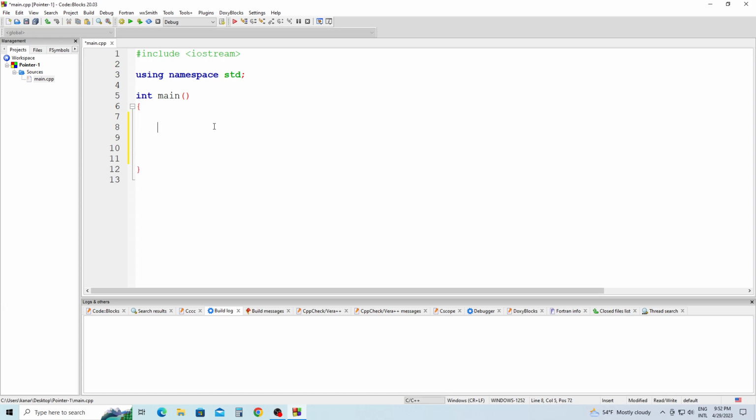two integers, and we're going to work with these two integers: int a, b; int *pointer_a; pointer_a = &a; *pointer_a = 1; and then we're going to declare